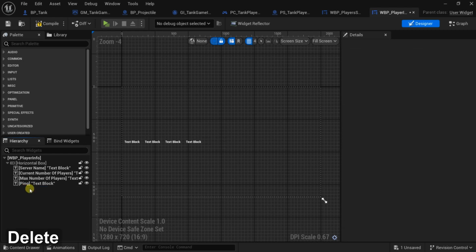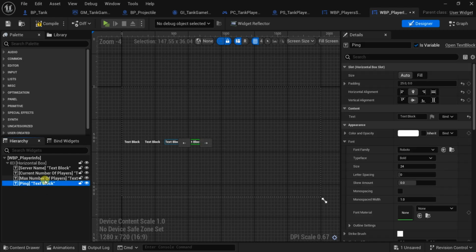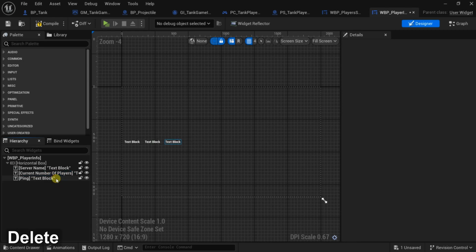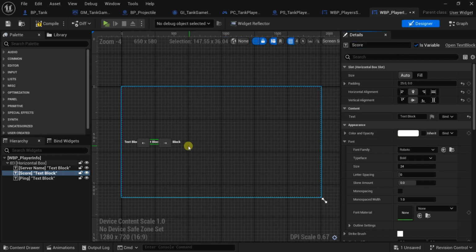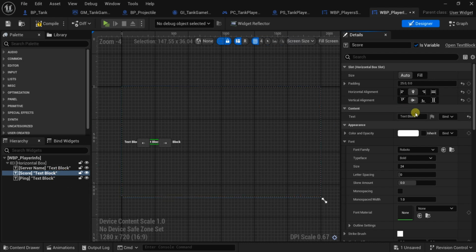We do not need it. We will need the ping and we'll need the name of the player. We will leave it, and here we will need the score, so we'll delete one of these texts, and change this one's name to score. And also for the text here,